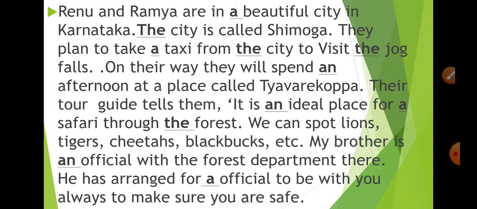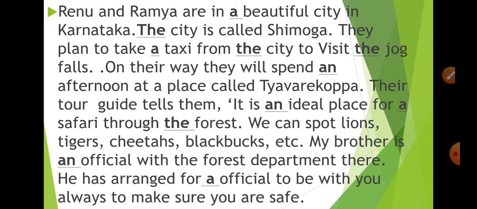Renu and Rama are in a beautiful city in Karnataka. The city is called Shimoga. They plan to take a taxi from the city to visit the York Falls. On the way, they spend an afternoon at a place called Chiaveru Copa.